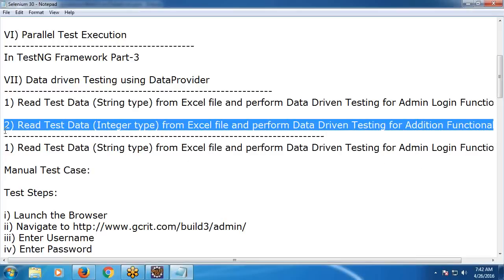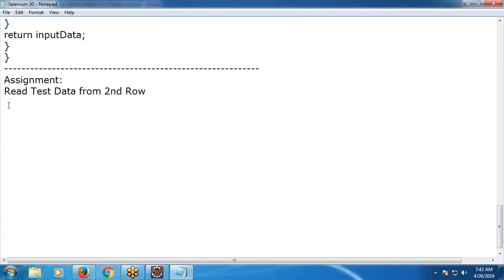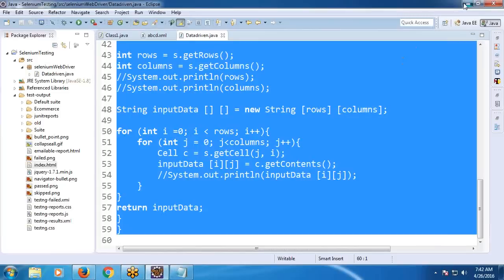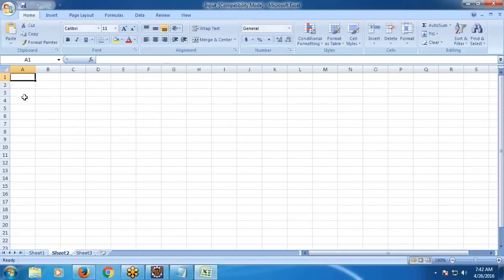Next one, read test data, this time integer type data, numbers from Excel, and perform data-driven testing for addition functionality. Just a minute, I will change the data. Otherwise use the second sheet, suppose 10,